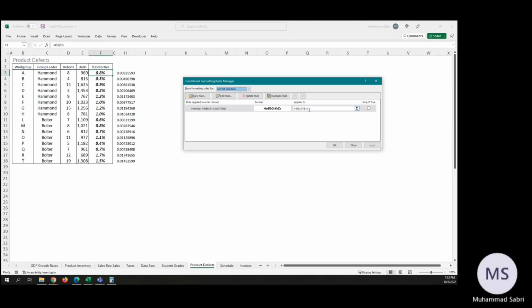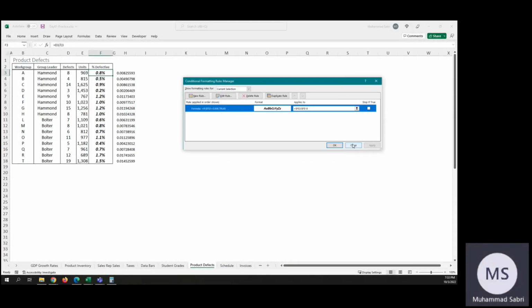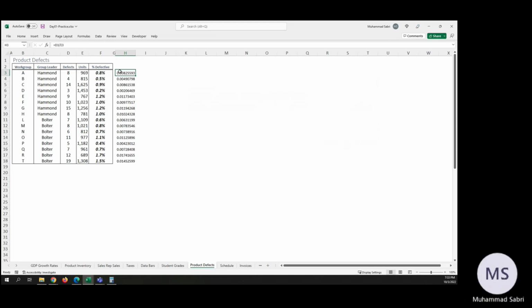Why don't we try it with the numbers, just column H? I'm sorry, what is that? What are you saying? Why don't we just try with the numbers instead of percentage? Oh yeah, that's what I'm doing. You mean that you do it over here? Right. Oh, okay. I see. Yeah, we can do it over here and see if it works here. Okay. So select this range,